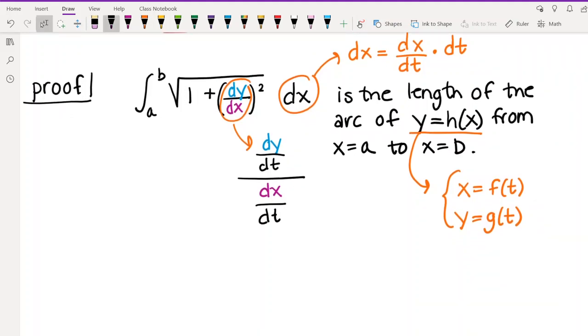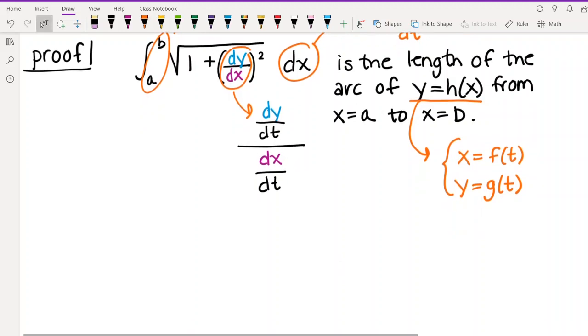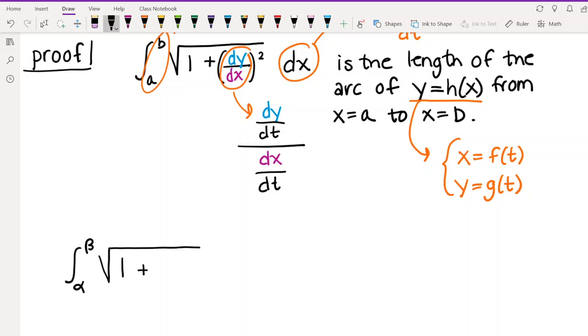So let's see what this looks like when we make all of those changes. I'll also just write one thing here. We're going to change this to alpha and beta. We're just doing all these little tweaks to put it into parametric. So this is going to be alpha and beta. We're still going to have the square root of 1 plus, but now we're going to have this bigger thing here. So we're going to have dy dt